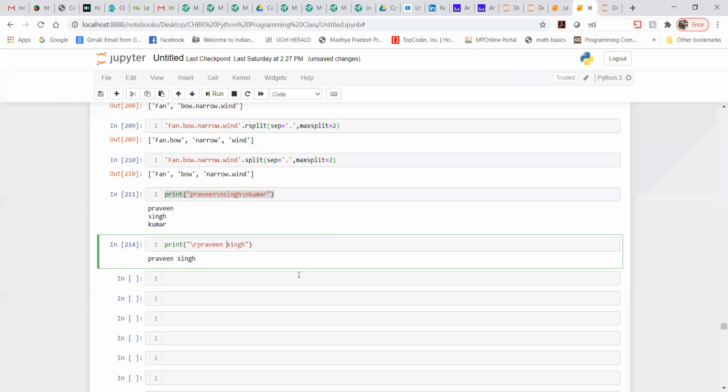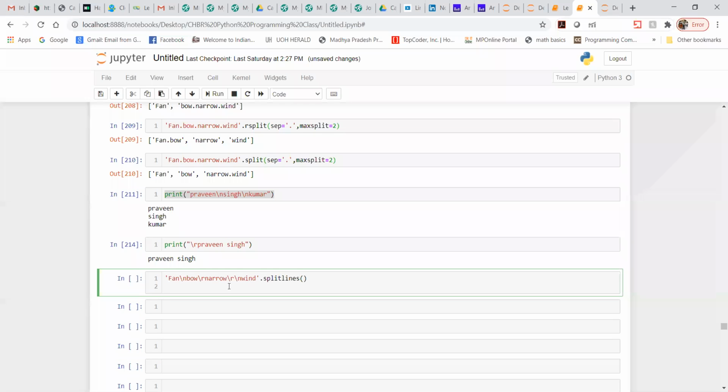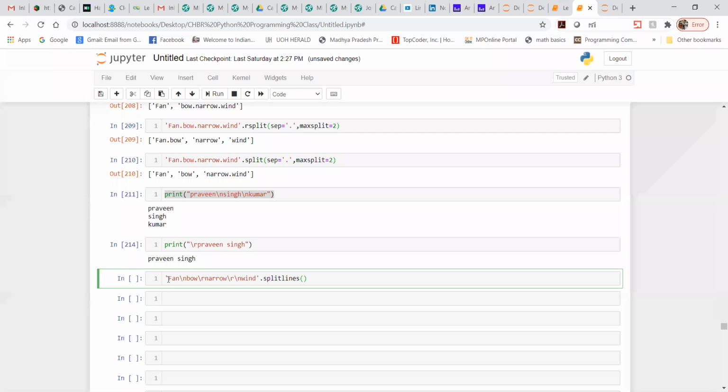If I write fan backslash n backslash r and so on, let's see what output we get.